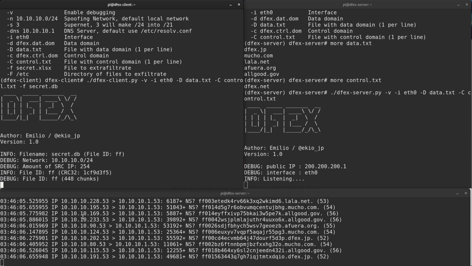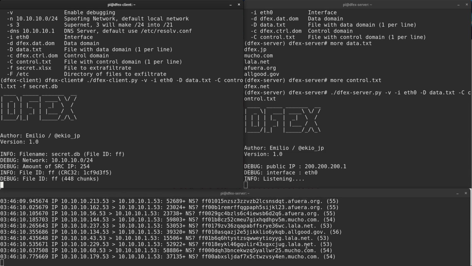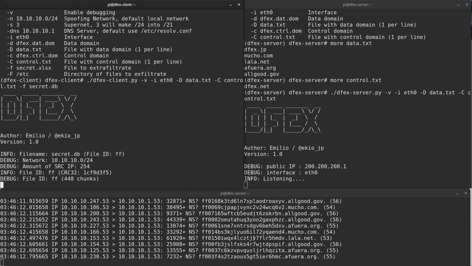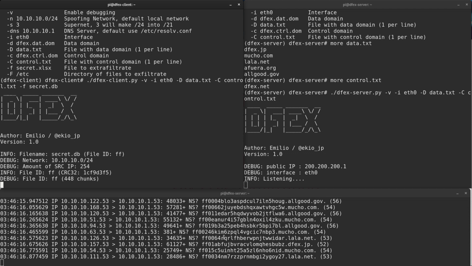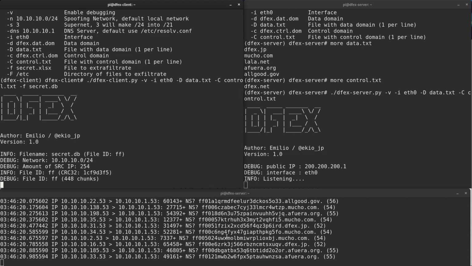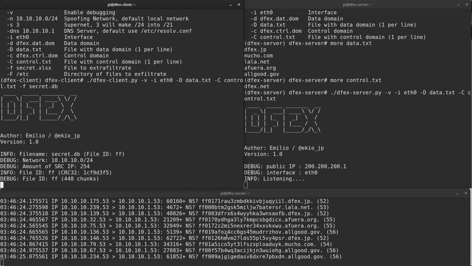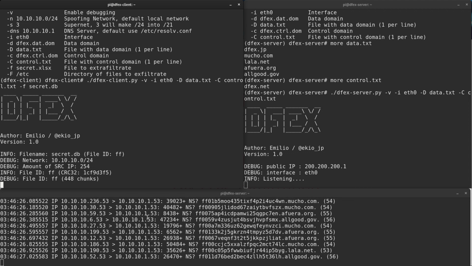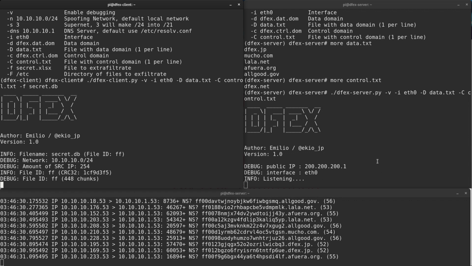And on the bottom, you can see random IPs sending random queries to the internal DNS from multiple domains, from random names, right? So in one of these queries at the beginning, you will actually see the control query, right, from my IP to the internal one.